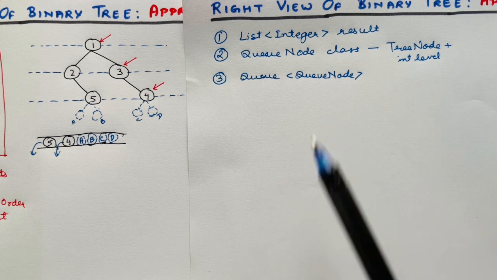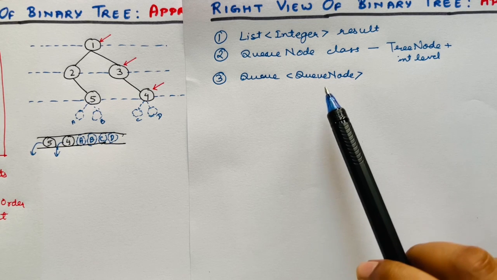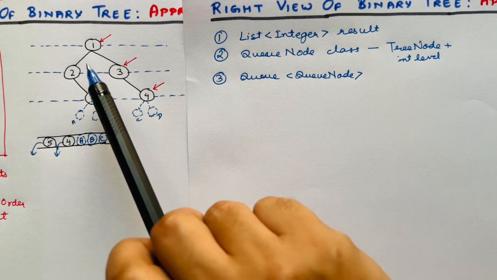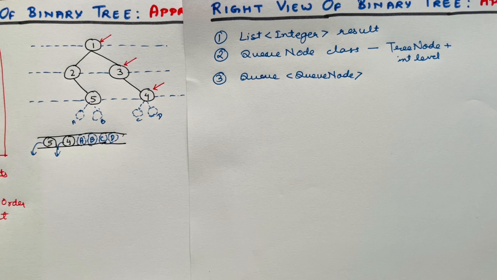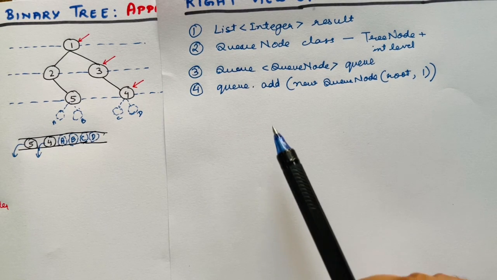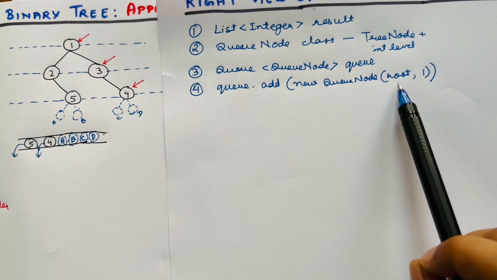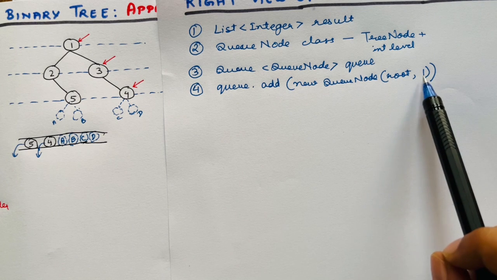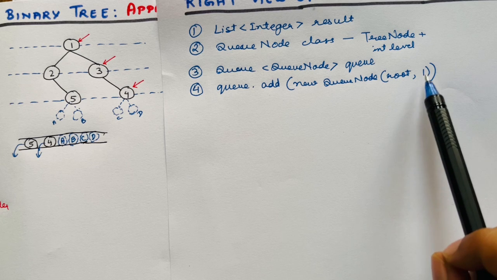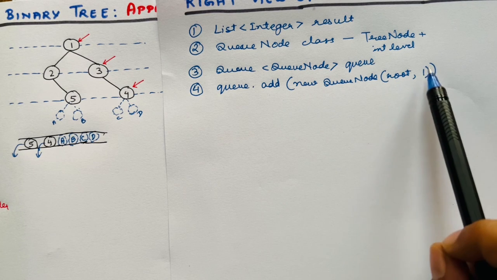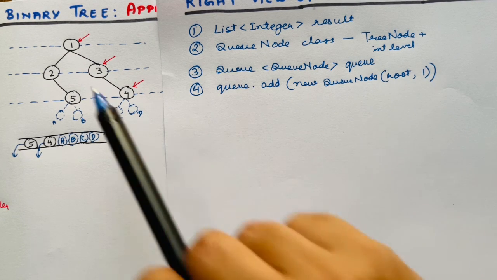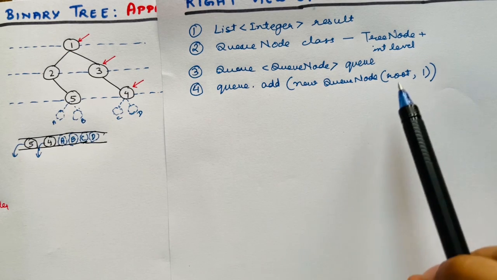Now how will it be initialized? To initialize it, first of all, we will only put the root element. So we will write here queue.add. We will construct a new queue node from our root node and we will put level is equal to 1. Therefore, in this we have this new queue node that corresponds to first node of the tree, and we put